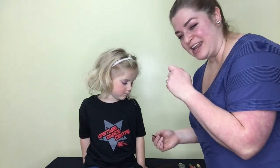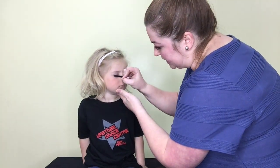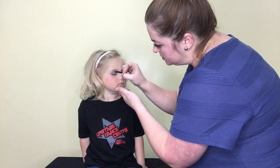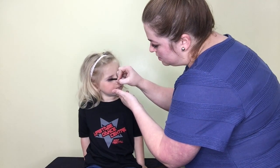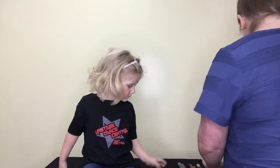And if it doesn't look super blended right now, that's fine. We're gonna go back in a second, like I said, and get rid of any of that extra color that's fallen out, and get rid of any of those lines that are kind of harsh or blunt. So filling in. All right, and then once we've got that done, I'm gonna go in